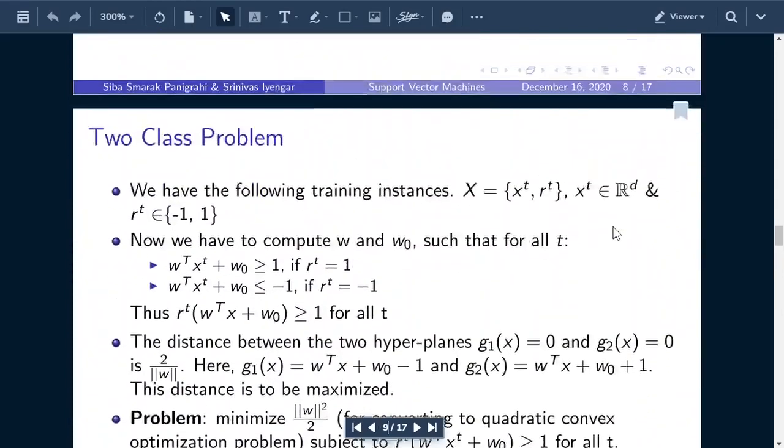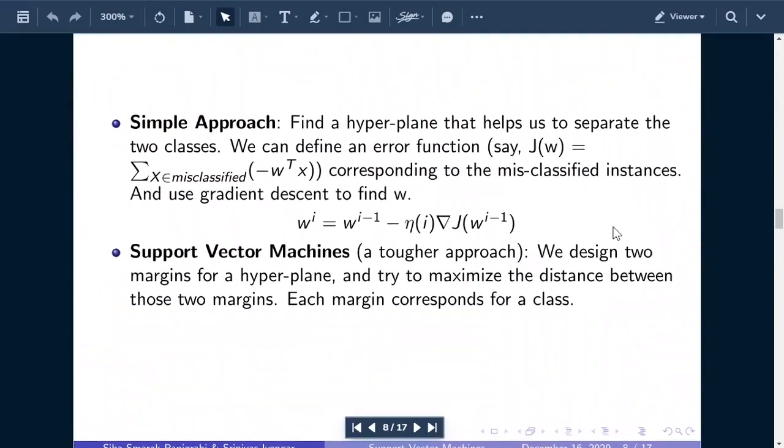So what I'm trying to say is w is the parameter. For instance, we start with 3x plus 4y equal to 0. Then my w is (3, 4). Then I will provide an error function. Here the error function can be the summation of the number of misclassified points. That is just one example. You can take any error function. I'm not going into detail of that because that is not relevant exactly to the case of SVM.